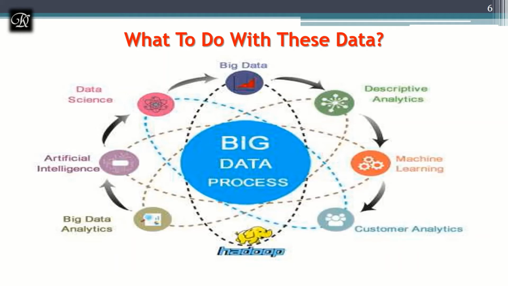So you can notice we have many disciplines connected to big data. One is the term big data, what we are discussing, and descriptive analysis is another field. Machine learning, which you have studied in 7th semester. Customer analytics, like whether the customer is happy, are we going to retain him, are we going to lose him? If we are going to lose that customer, what can I do so that I can attract him and gain him back, retain him? I'll discuss this later.